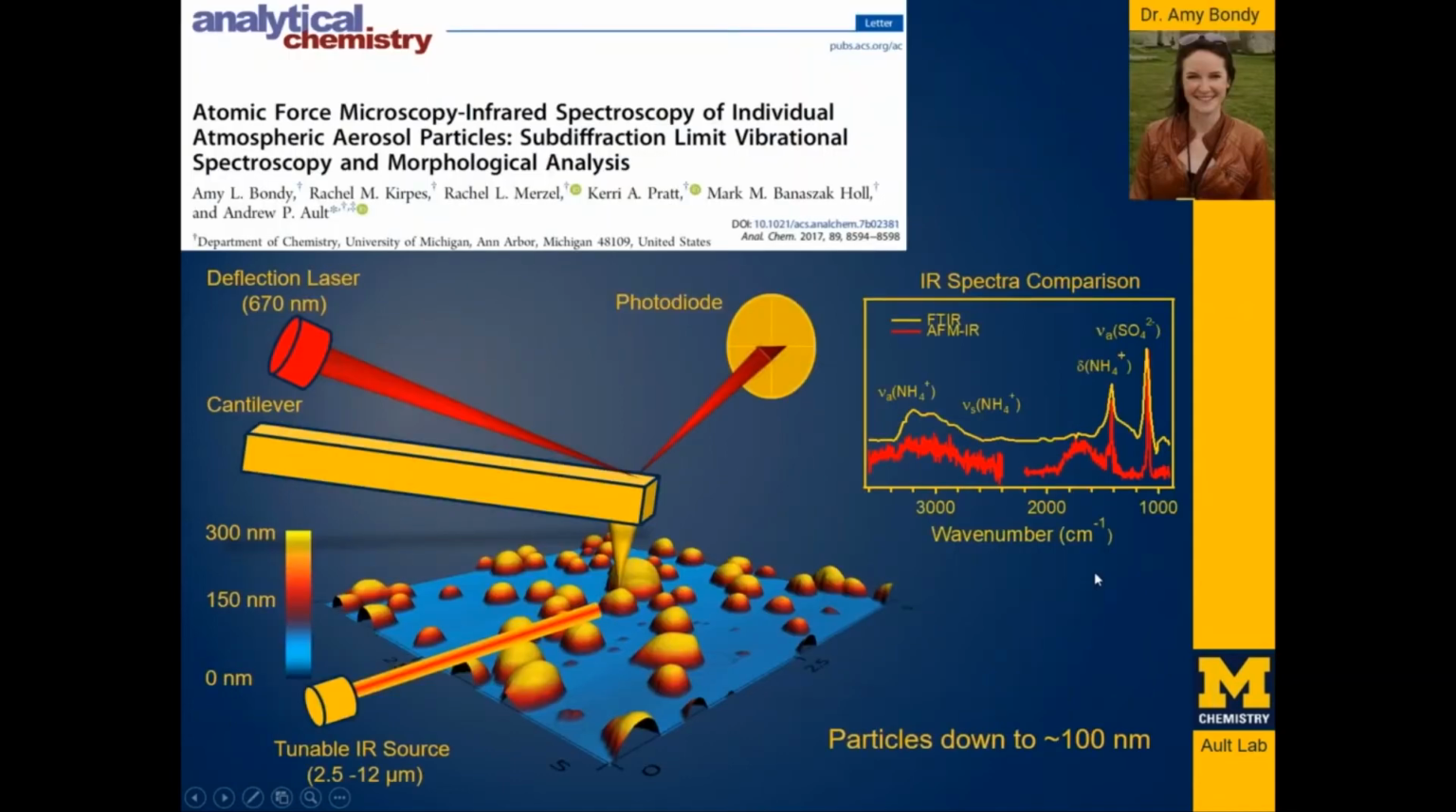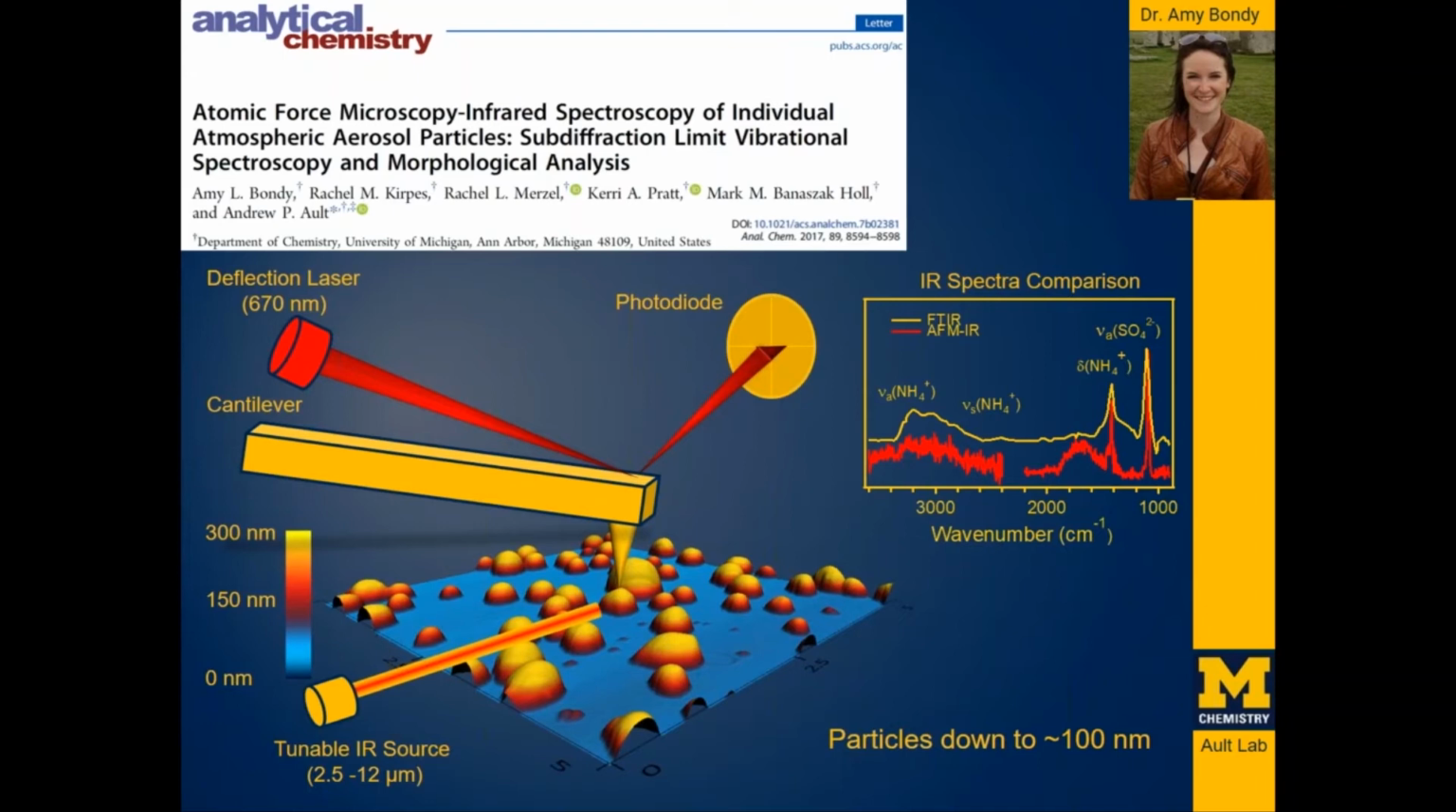So we started working on this back in 2017. We published a paper in Analytical Chemistry where we were the first to apply atomic force microscopy coupled with photothermal infrared spectroscopy to look at individual particles down to about 100 or so nanometers in diameter. And this was work by a former graduate student of mine named Gandhi. And we were really excited at that point because,